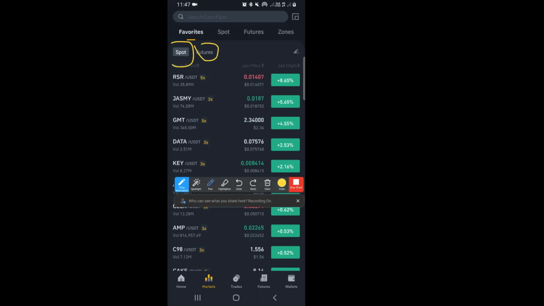So what does spot mean? Spot means the money you have at that spot, just as the name says. If you have $5 under your Binance spot wallet, it's just that $5 you can use for a trade. If it is 1,000, it's just that 1,000. But under future, we have what we call leverage. And then there is something you guys have to take note of. Every coin